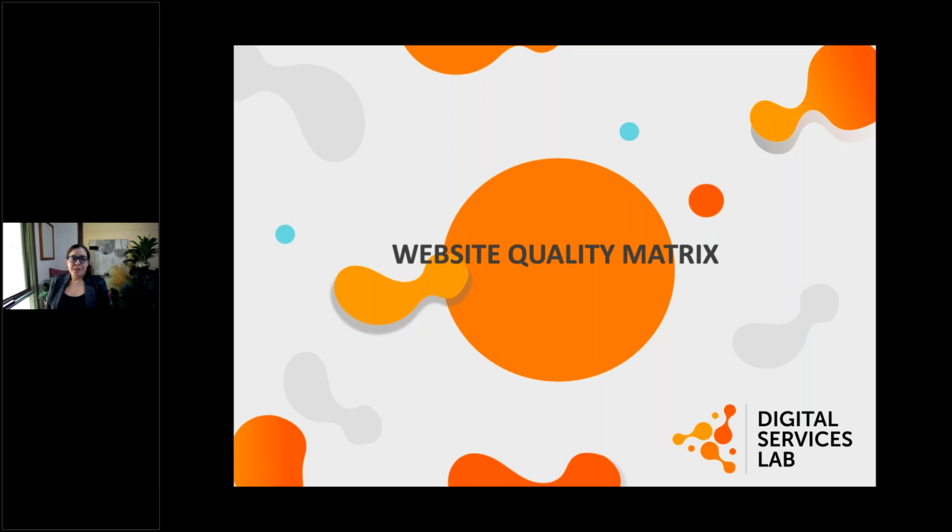So today we're talking about perfecting your plan for your nonprofit website. And today I wanted to introduce you to the website quality matrix that we've come up with. So the idea,